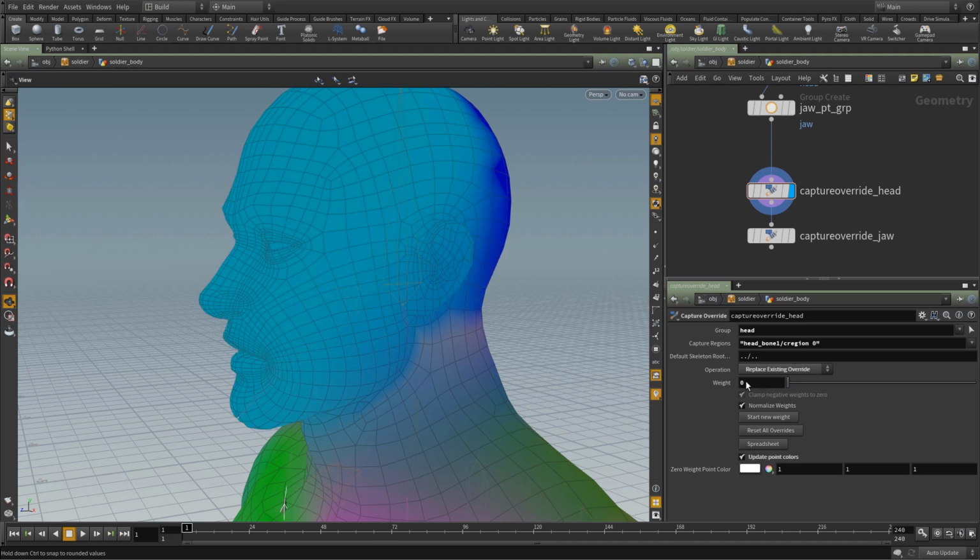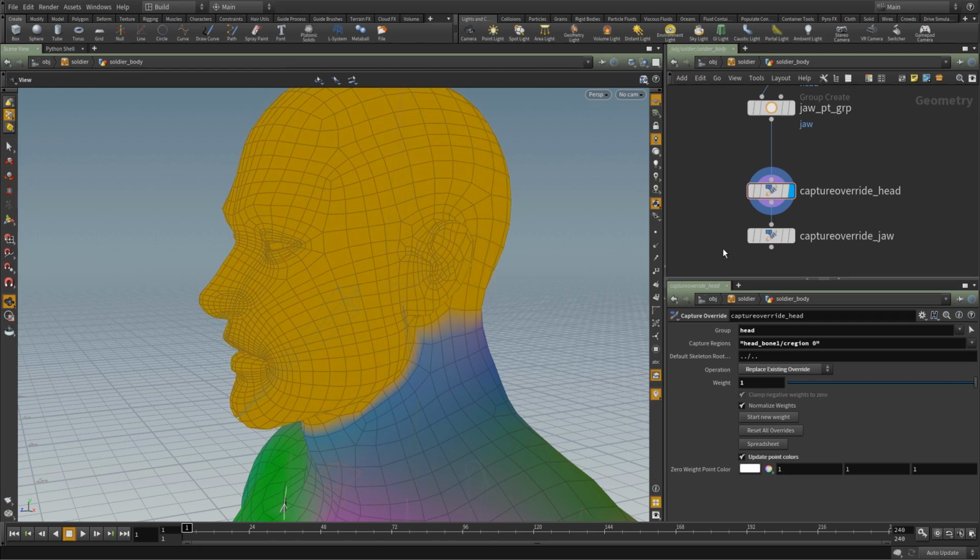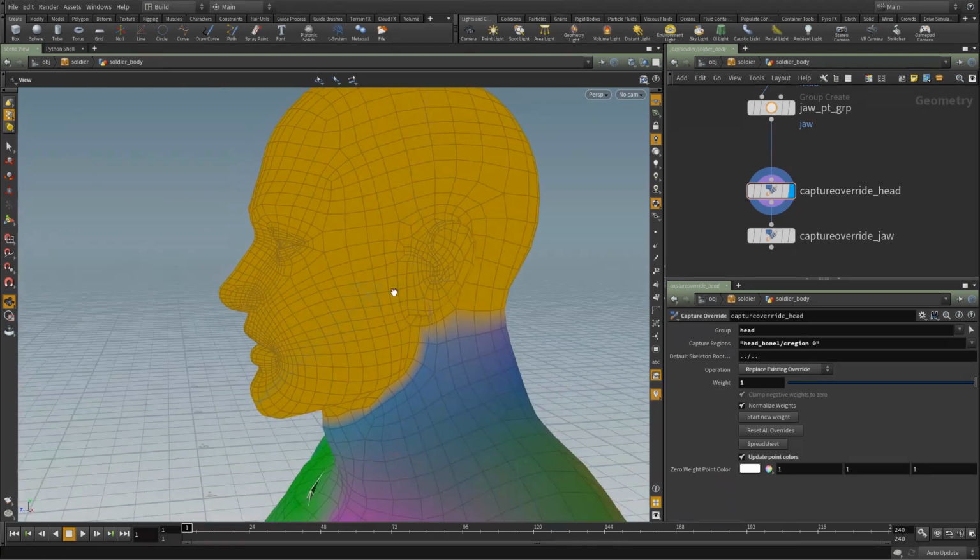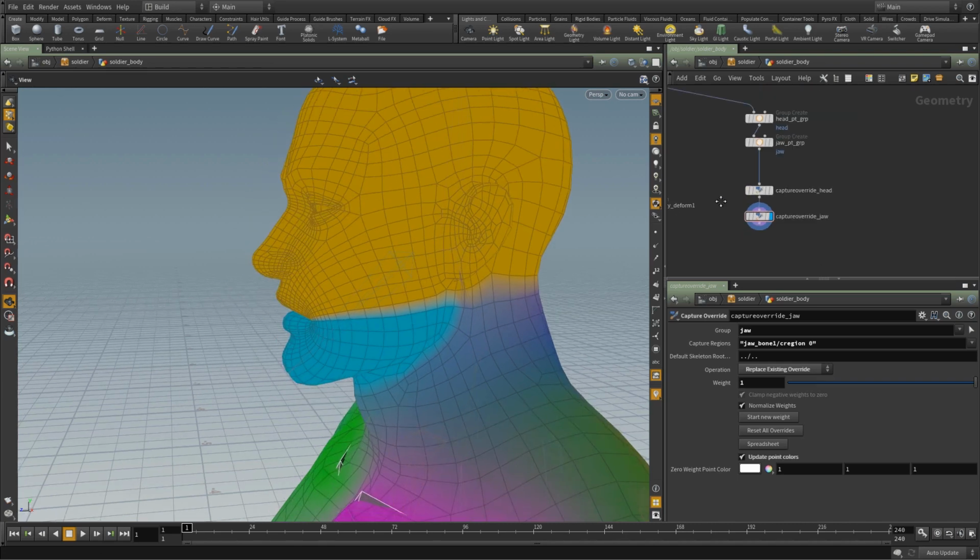You can see that this is without the override. And now I can dial in exactly as much as I want. And in this case, I went right to 100% right to the head. And then I just did the same for the jaw. Put in the jaw point group, specified the jaw capture region, replace, a weight of 1. So now,